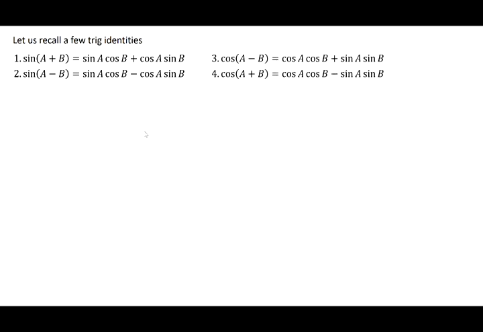Yep, there's a couple of problems which are kind of interesting in your book. Sine of a plus b, recall that that's equal to sine a cosine b plus cosine a sine b. Similarly, sine of a minus b is sine a cosine b minus cosine a sine b. So if we were to add, cosine of a minus b and cosine of a plus b are like this. If we were to add these two,